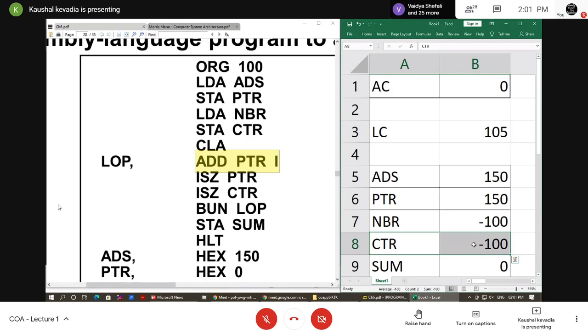At here we are taking the counter is equal to -100 because we don't have an instruction.